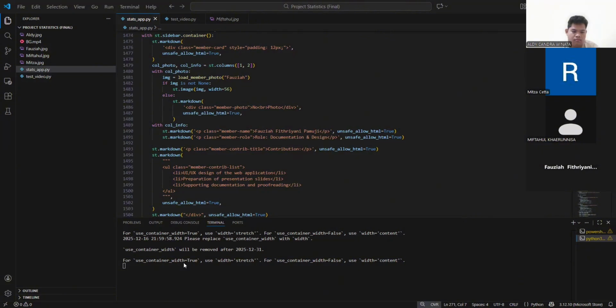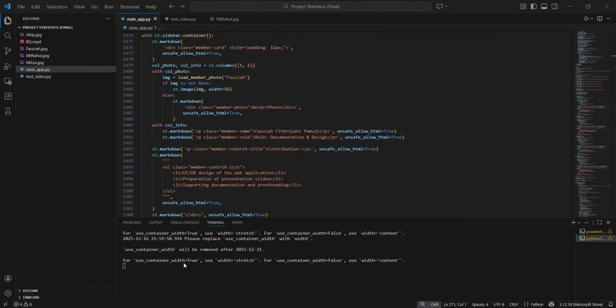And the last, rows 2050 to 2058, provide the download button that allows the user to save the PDF report. The function is: call generate PDF report with all data, second, return PDF buffer, and third, provide download button. Thank you.